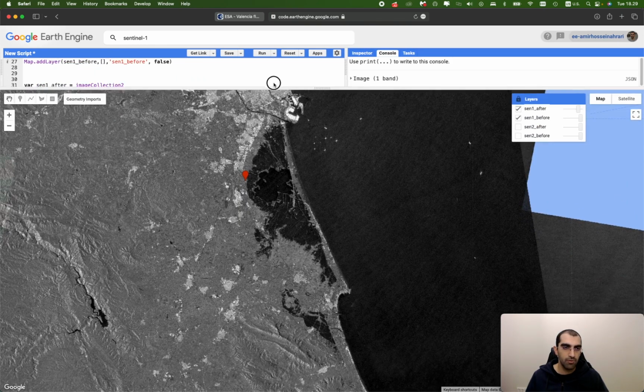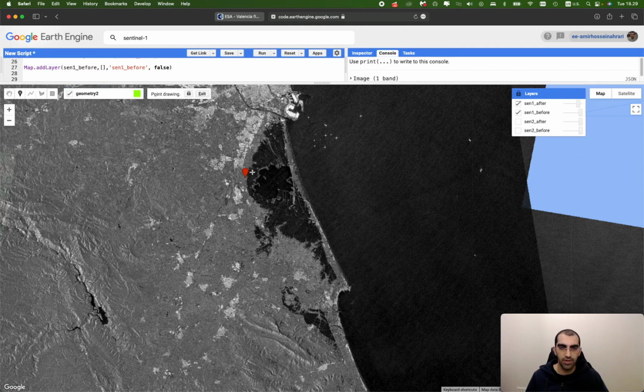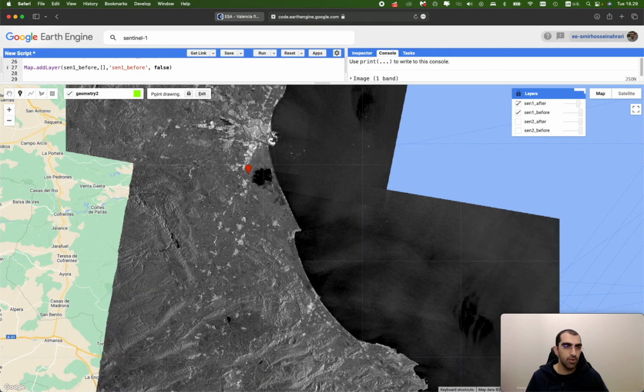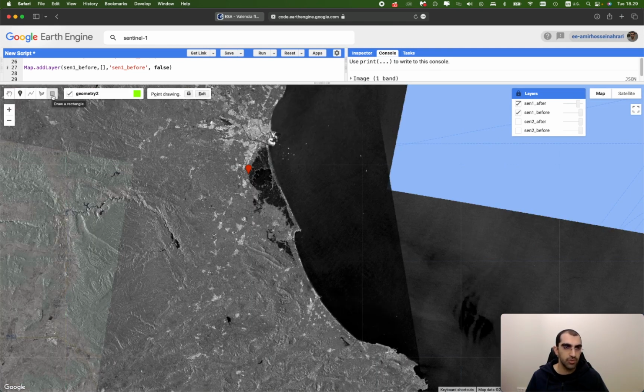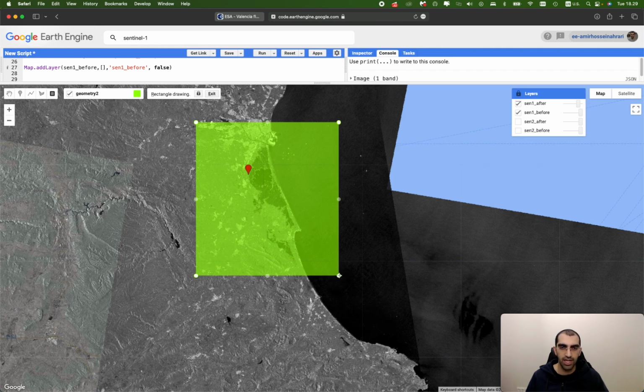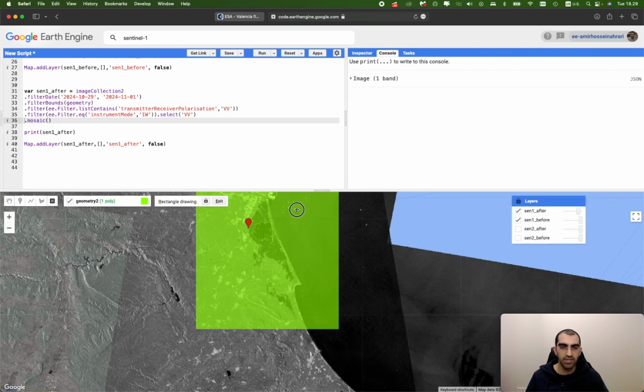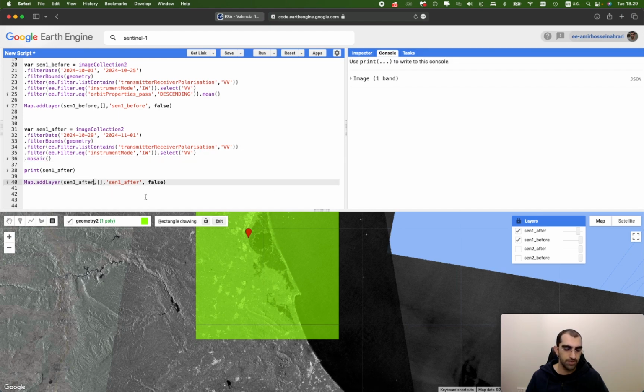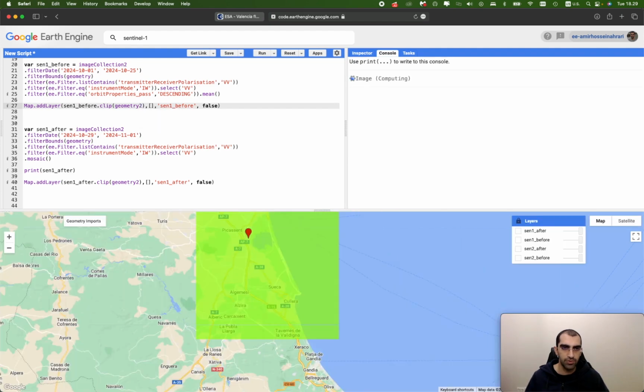So go to the drawing tools and make a new geometry layer, zoom out a little, and then using the rectangle tool available here, you can make a rectangle that covers the whole region, just like that. And then you can click the output based on this region and get an export here. So that clip allows you to clip images based on the rectangle we created, geometry number 2. So for after and before, clip geometry number 2. Run the code again, save it now,